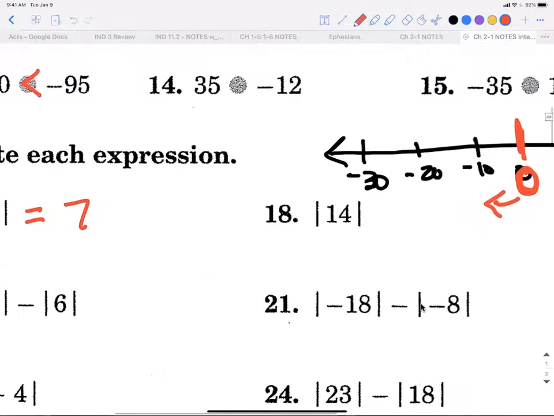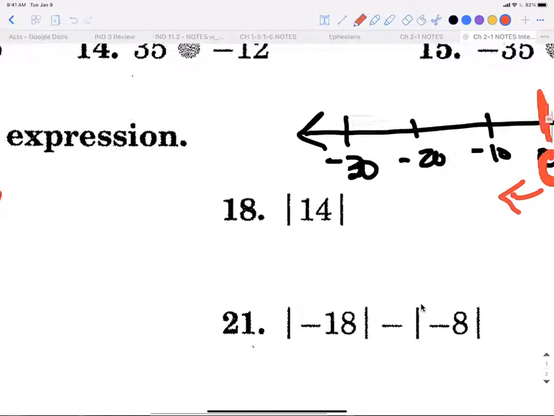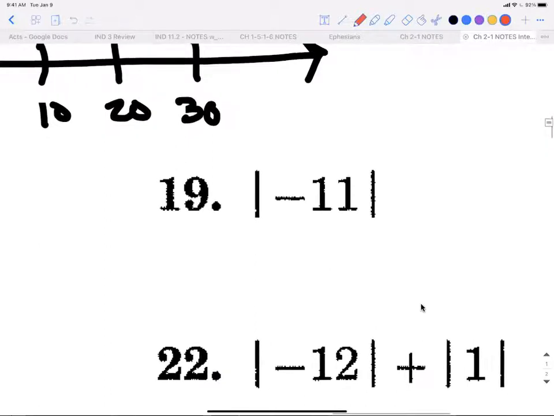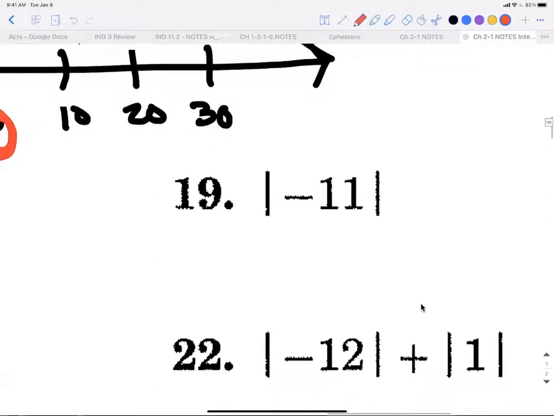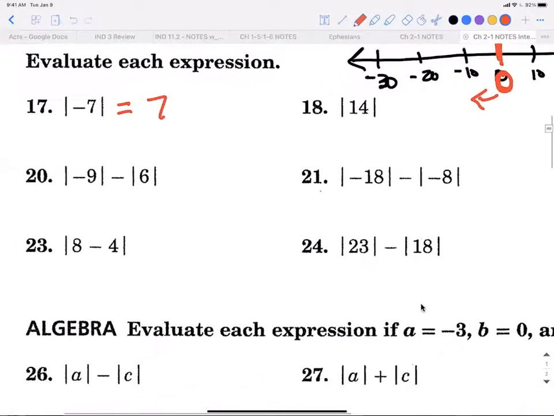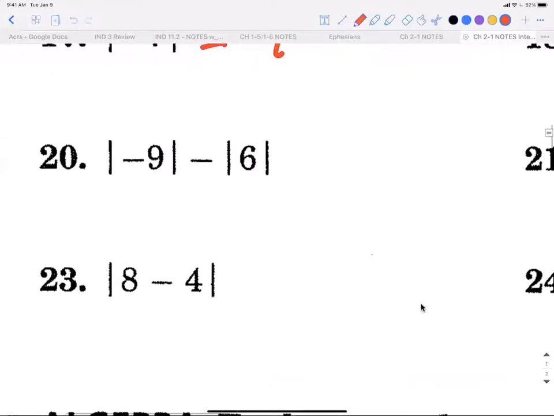Okay, we're not even going to write this one out. Just everybody tell me, what's the absolute value of 14? 14. Absolute value of negative 11? 11. Okay, no sign, you just drop it. It's that many spots away from 0. All right, so now they want us to start evaluating these,